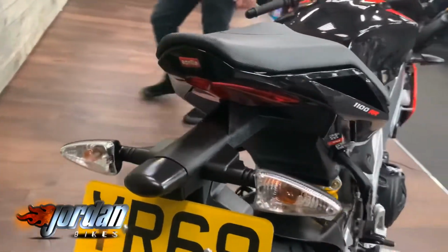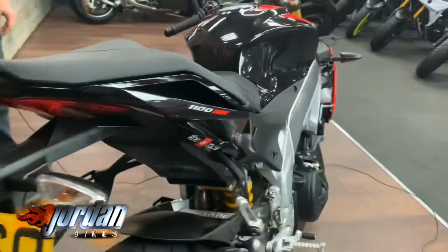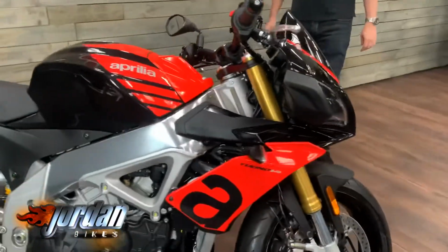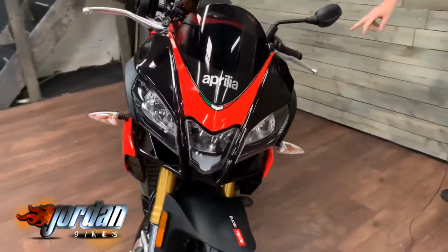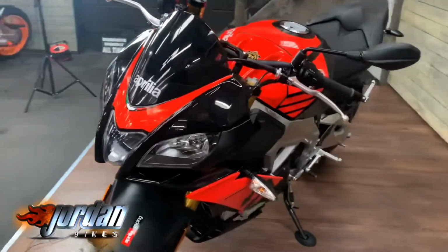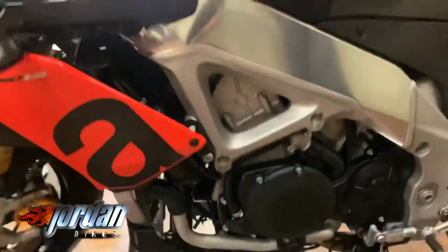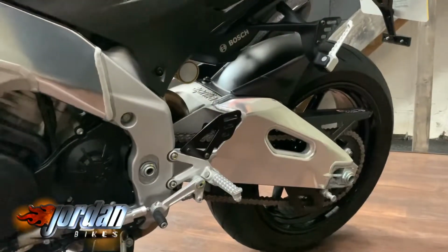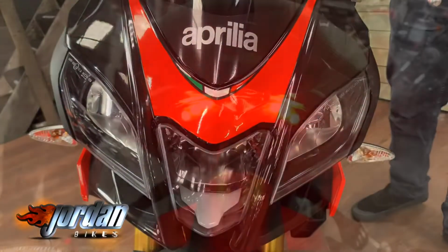So if you want to come around the other side, I'll just show you a few bits down here as well. So these bikes have got a quick shifter as standard, so you can see the module just by the foot peg, but again, as you'd expect, a really clean bike throughout on both sides. It's gleaming. It's got a full LED daytime running light on this bike as well, full LED back,